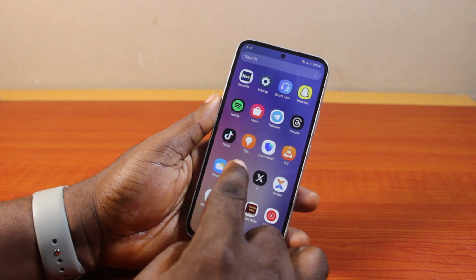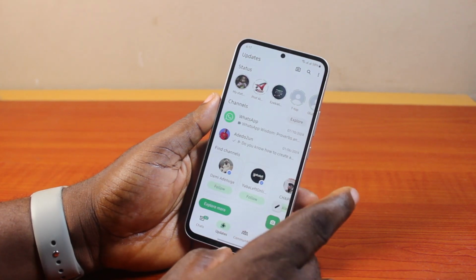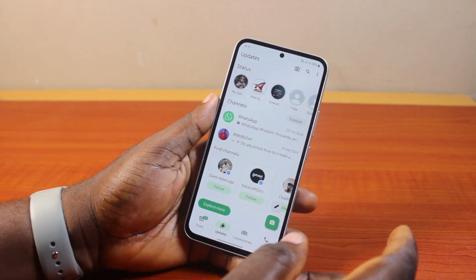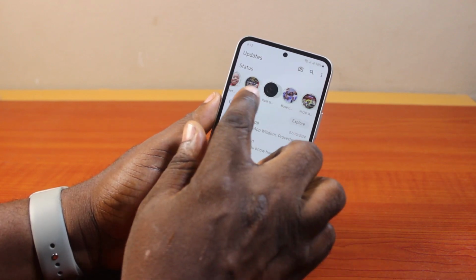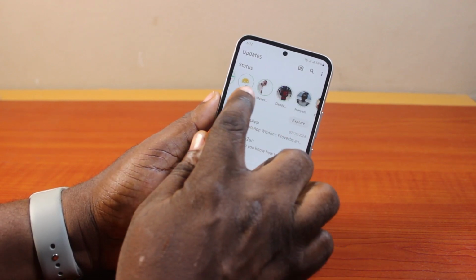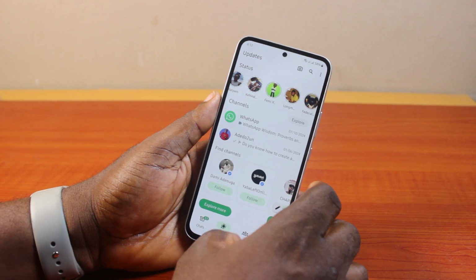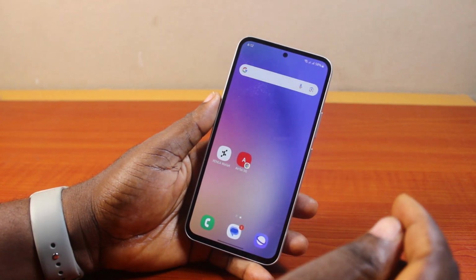So if you want to like WhatsApp status on your Android phone or on your iPhone, then this video is going to walk you through how to do this step by step. So maybe you have a status you are looking through on your WhatsApp page, and now you want to like the status without commenting on it, then this video is going to walk you through how to do this step